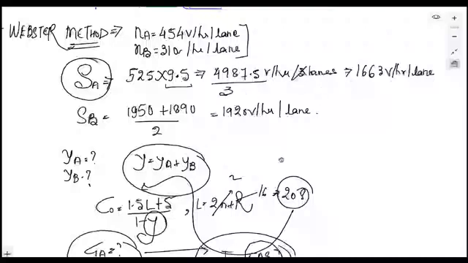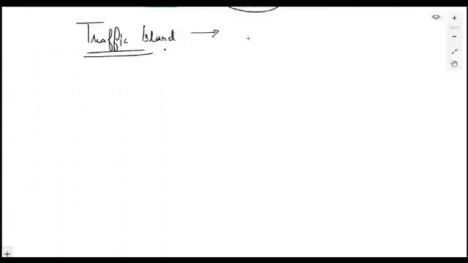Now, let's come to another topic for today. That is the traffic island. Now, what is the traffic island? Traffic island is basically a raised portion present on the intersection, which can serve different purposes. These are basically raised portions at the road intersection, having a certain level more than the normal road level. These islands can be classified into different types. That is, they can be divisional island, they can be channelizing island,